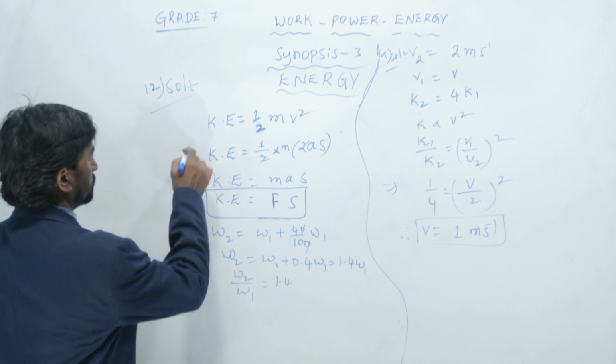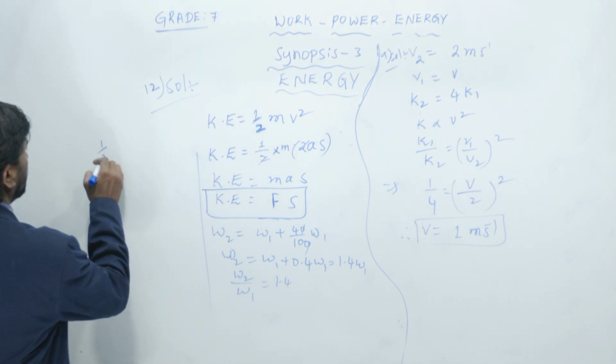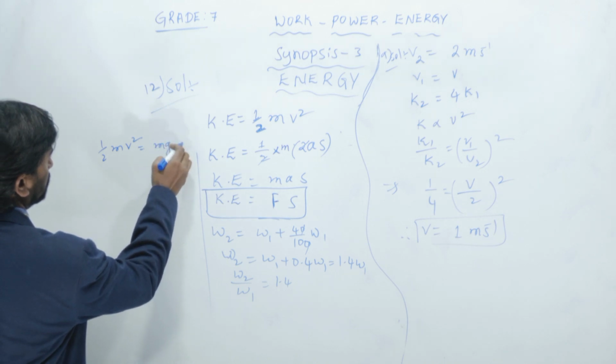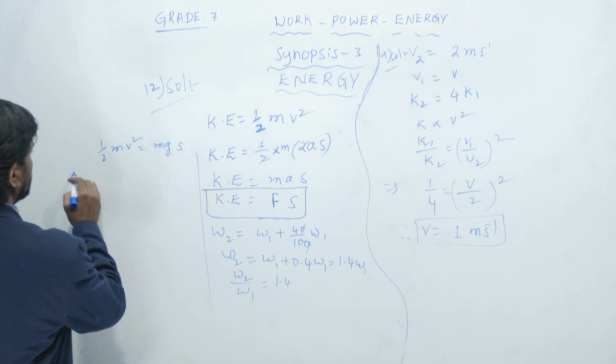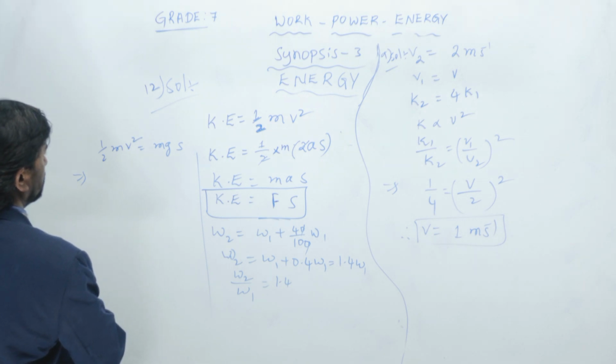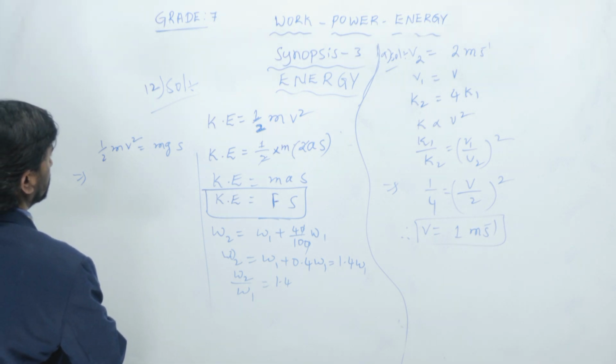So from this equation we can do like this: half into m v square is equal to mg into s if you write there. So v square is nothing but